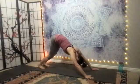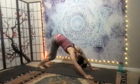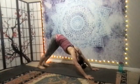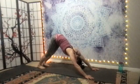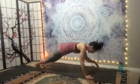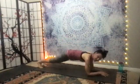And hold. Just releasing, you can move. It's just getting some blood flow in the calves. Neck soft. 5, 4, 3, 2, and 1. Now go into a front plank and we're going to shift down to our forearms and hold this plank for